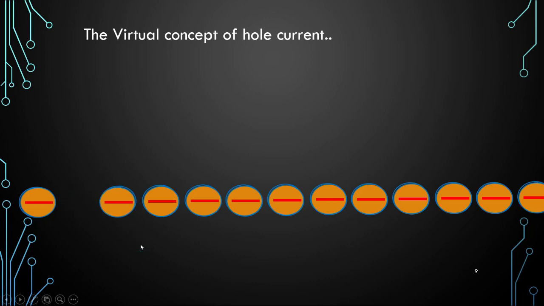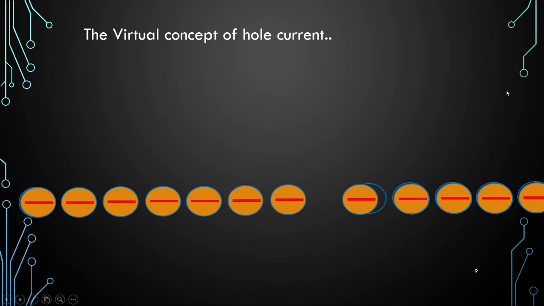The next electron will go to that place and the hole will vanish. But when an electron is moving to the next place, it is creating a hole behind it. The same thing is continuously happening. So you can see electrons are moving towards the left, and someone can say that holes are moving toward the right. Finally we will get a hole at this place and electrons on another end. So this is the actual movement of electrons.